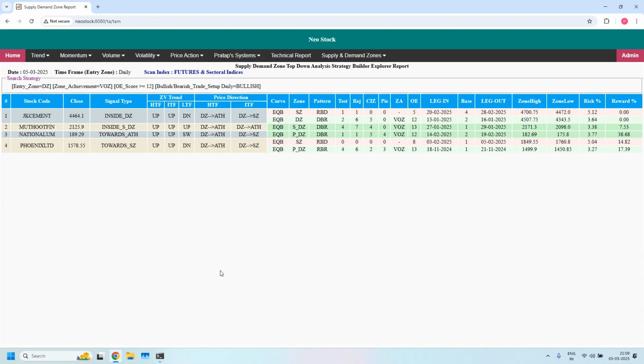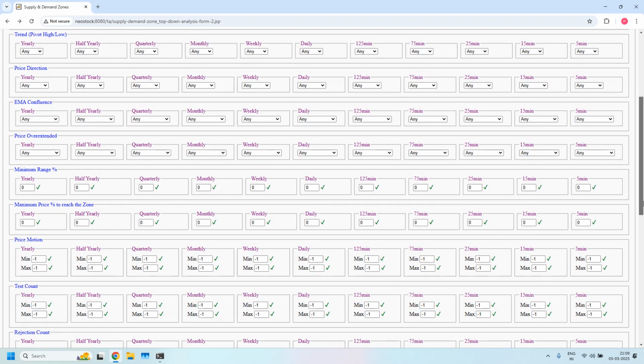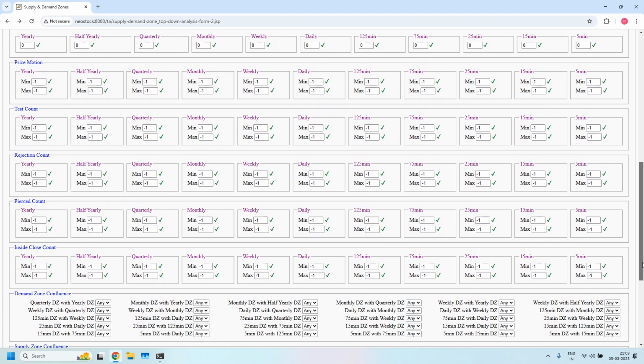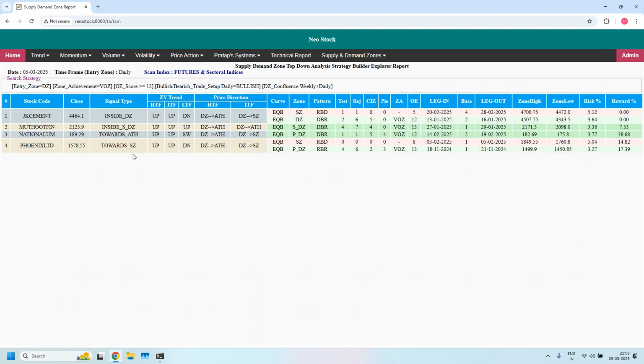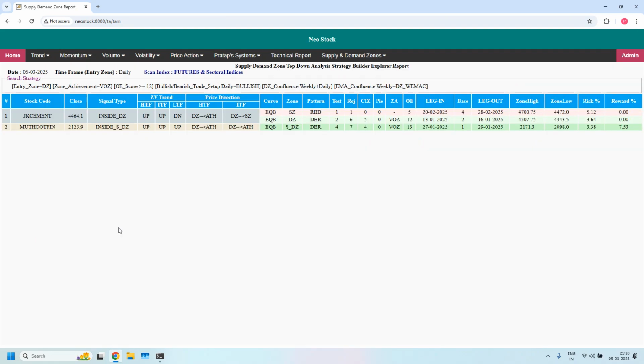And let us check LTF, ITF and EMA Confluence together, all three together, how many are available from that list. In the demand zone Confluence, daily with weekly demand zone Confluence, we got all the 4. And EMA Confluence, weekly with weekly EMA Confluence, we got 2 stocks. These 2 are high probability trade setup, more high probability trade setup supported bullish trade setup